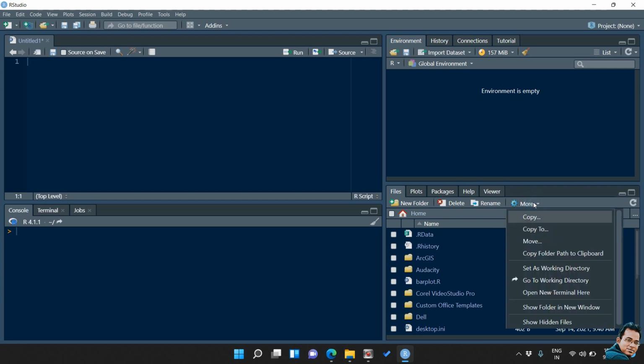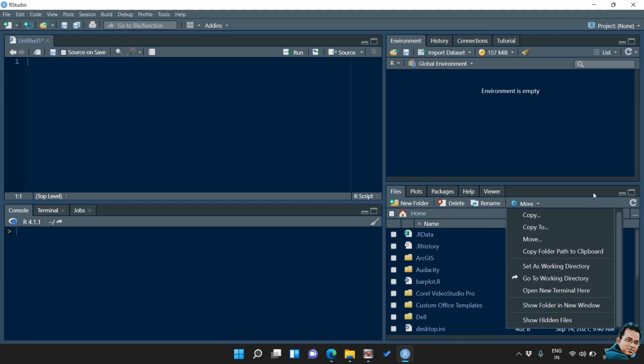And there are other options: you can copy, move, change the folder path or copy the folder path, and set as working directory. You can click here to go to the working directory folder if you are in another folder other than the current working directory folder. So these are the options available in the files pane.